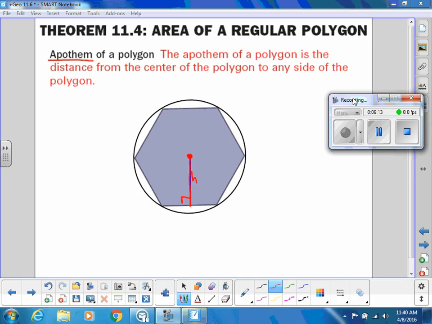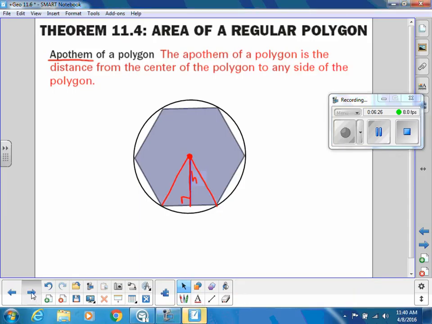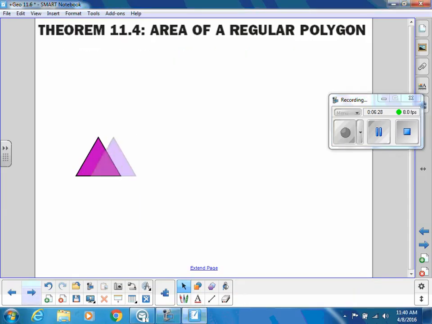which is what we've been calling the height all along, right? We've been making these triangles and that's the height. So the apothem is really the height of that small triangle. Okay, so if we think about those triangles,